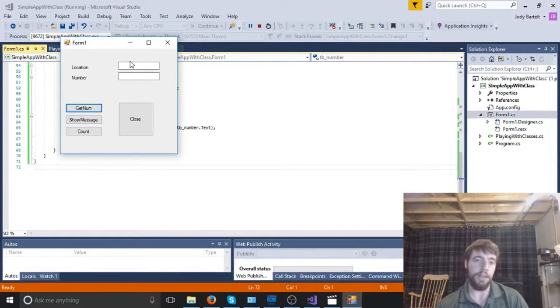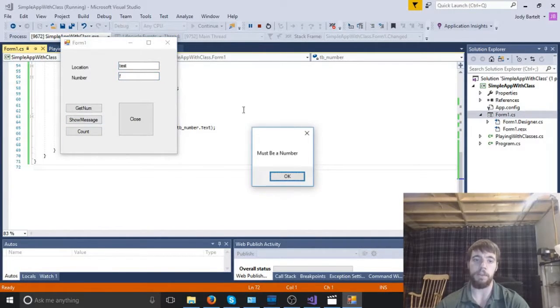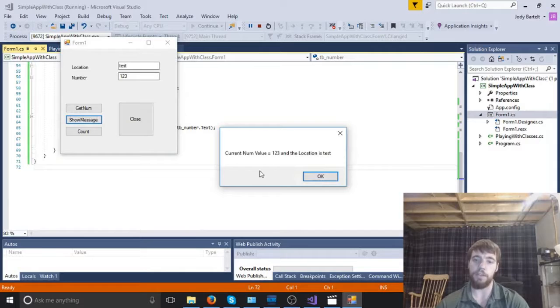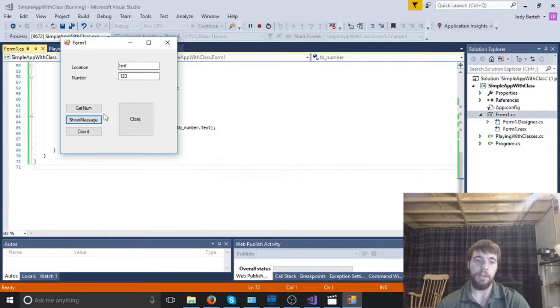So what I did is I created a little form here. We got two text boxes, location and number. We can type in a location and we can type in a number. It does have validations to see if it is a number, so if we type in something that's not a number, it will pop a message box and null it out. Then we can do our show message that will display those two values. Get number will put the label and then also display the number, and our count will increment that number